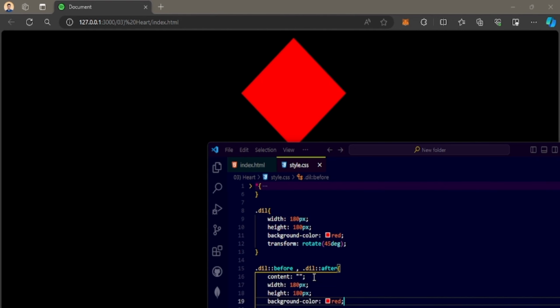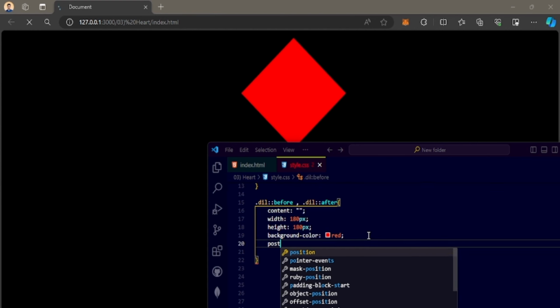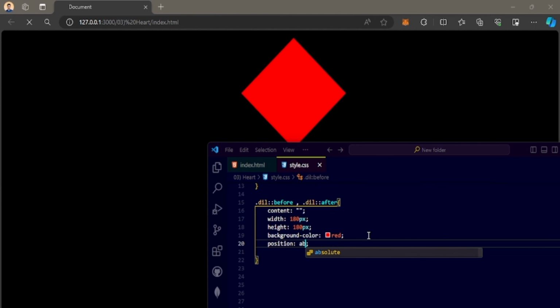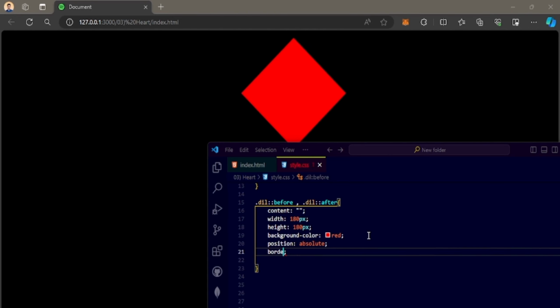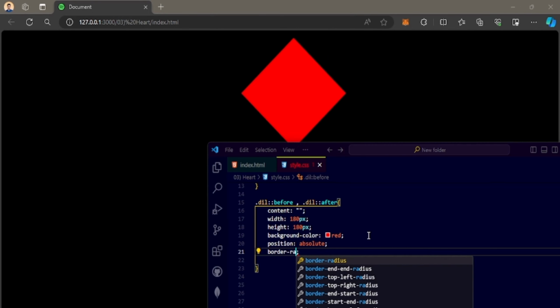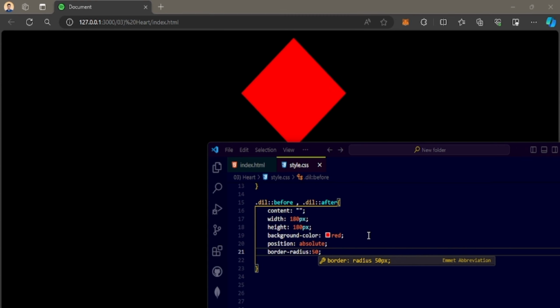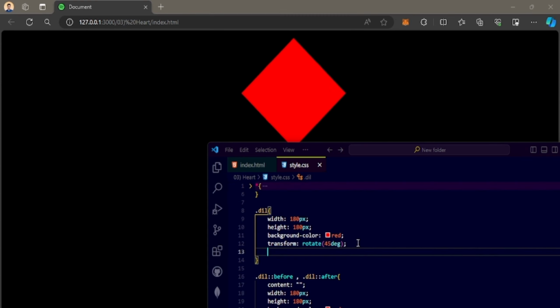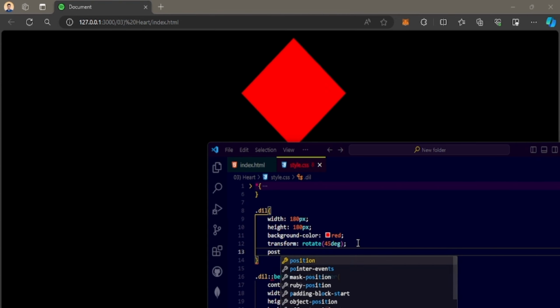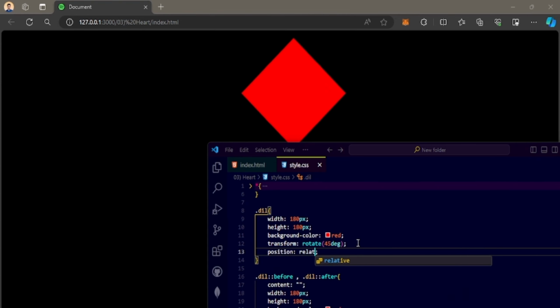then we write position absolute, then write border radius 50%, and we also give the position to the parent class relative,